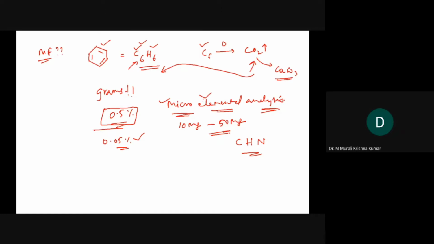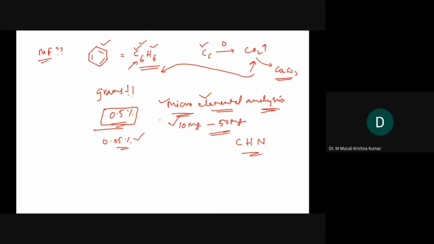So this is one method that is available for us as far as molecular formula is concerned. This is possible only when you have at least milligrams of sample. And here the elemental composition that we get is limited to a few elements. We need to know what elements are present in the compound. With this background, this is one major hurdle as far as organic compound analysis is concerned.